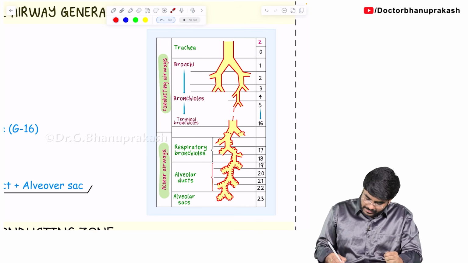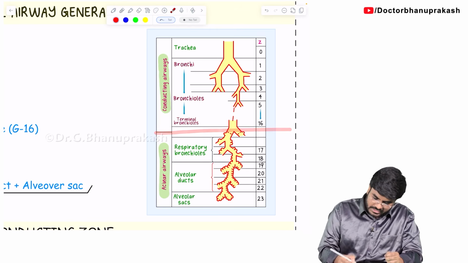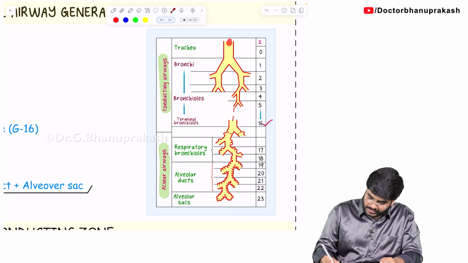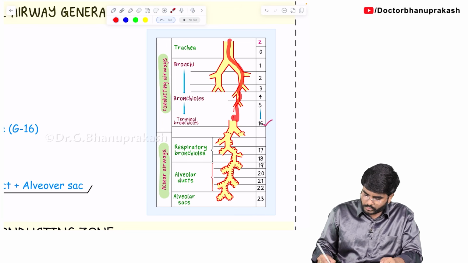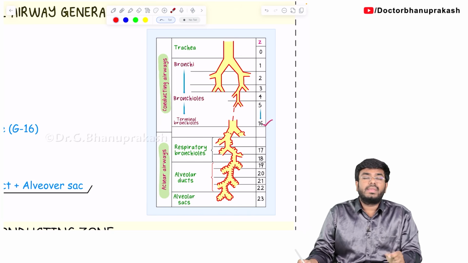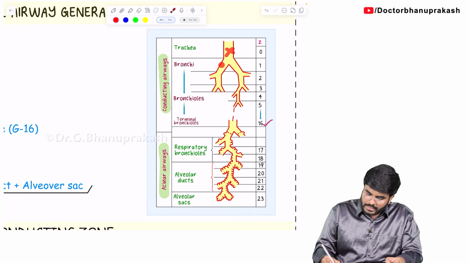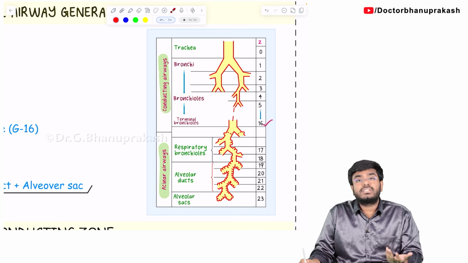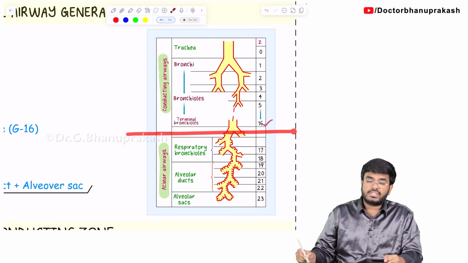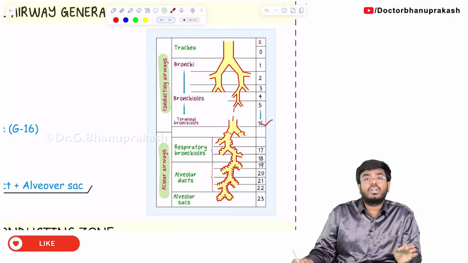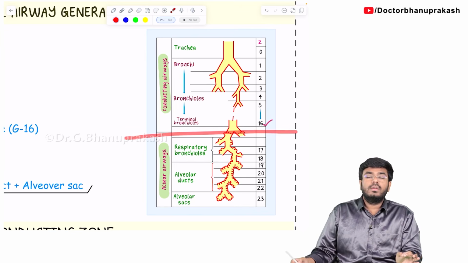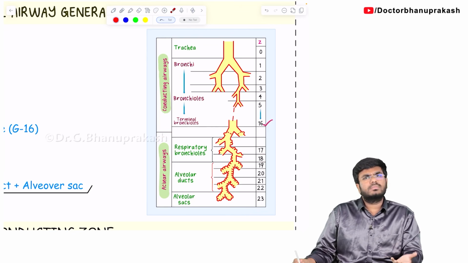It is because the first 16 generations, in these areas, air is there, air is going. When you breathe, the air is going like this, but it is not getting exchanged. In these areas, air is there, but the perfusion is not there, there is no blood flow to this region. So that's why the air is not getting exchanged. The first 16 generations are just helping in the conduction of the air. They are not involved in any respiration. So that's why they are called the conducting zone, also called dead space, because there is no